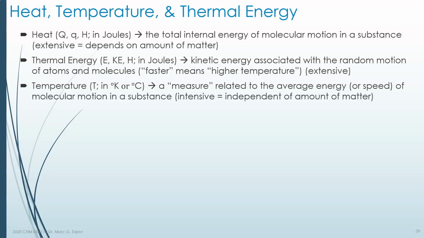And you'll notice I've mentioned that some of these are extensive and some of these are intensive. Extensive properties means they depend on how much matter you have. And intensive means they're internal properties. In other words, it doesn't matter whether I measure a small amount of material or a large amount of material, I'll get the same property. In other words, if I have a piece of metal that's 30 degrees centigrade, and if I take just a small part of that metal, it's still 30 degrees centigrade, or if I took a large part of the metal,